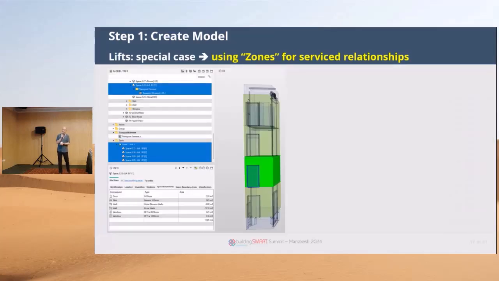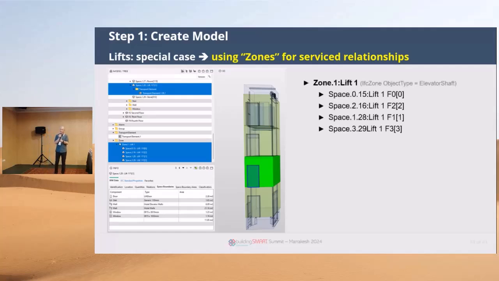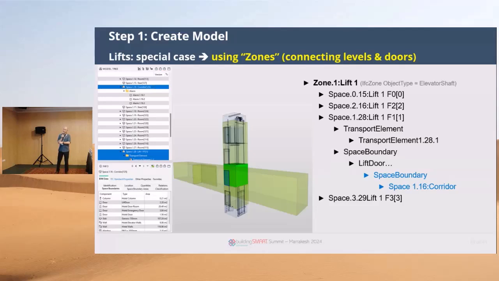Next up, looking at the connections again. Here we've got within that zone 4 spaces, and space 1.28 contains the elevator car in all its exact definition. And then breaking that hierarchy down so you can actually read it. Well, we've got the 4 spaces and lift shaft, and ultimately this is how we track everything through. So the 4 spaces, this one here, of all the spaces in this initial state, was assigned the lift car, the transport element,